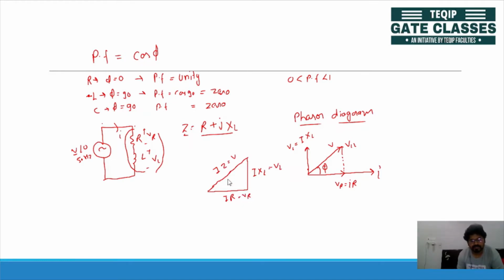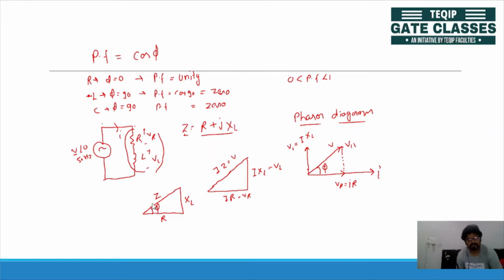If we eliminate I from all these phasors, we will get an impedance triangle here. It is R, this is XL, and this is your Z, the impedance, and this is your